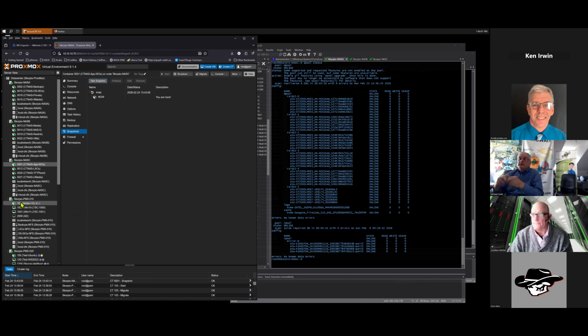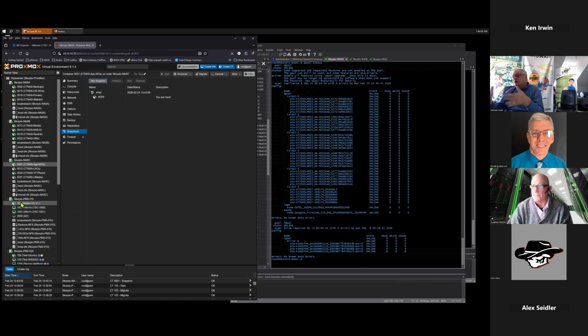Ken? Earlier, Chris and I alluded to our customer in Dallas who wants templates that are essentially just add water. Can you show them the templates that are already part of it? If you want an AI template or a LAMP template, it's all part of Proxmox already. Just click a button and there they are.